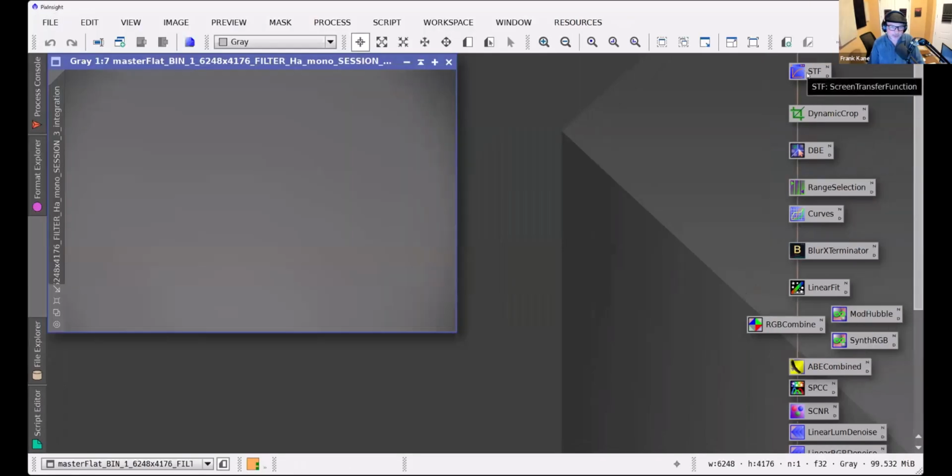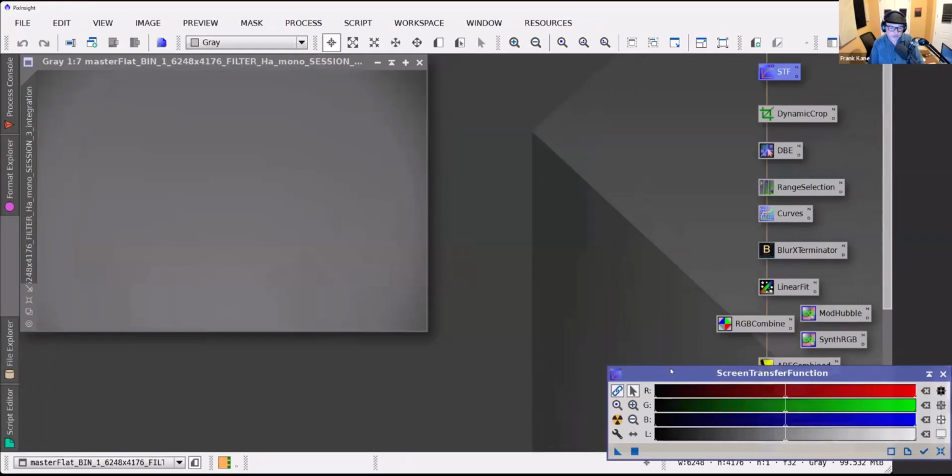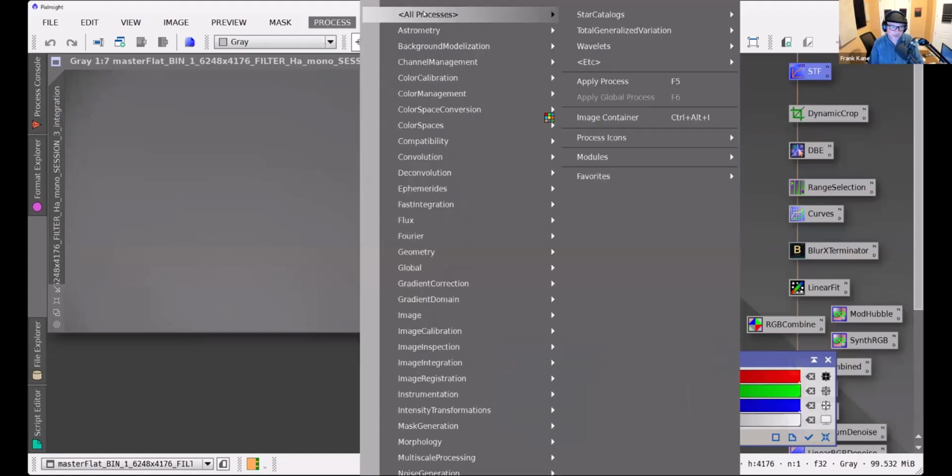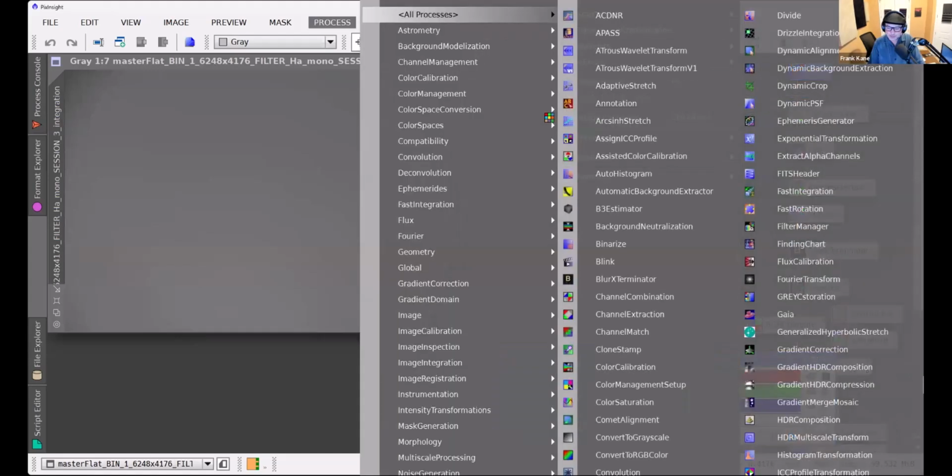And first lesson of tonight is screen transfer function. So just a quick tour of PixInsight here. I have some icons over here of some processes that I use pretty frequently. They're just kind of a shortcut. For all of these things, you can just go to the process menu, however, and find them up here. So I could go to all processes and go to screen transfer function and get to it that way as